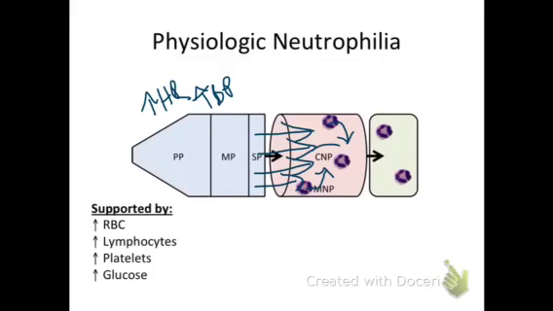Since it's the circulating neutrophil pool that is sampled during a blood draw, it looks like the blood concentration of neutrophils is increased on a CBC, but it's really not. It's just a redistribution of neutrophils within the blood vessels. This is a transient neutrophilia, and it usually resolves within 30 minutes of an animal being removed from whatever excitement